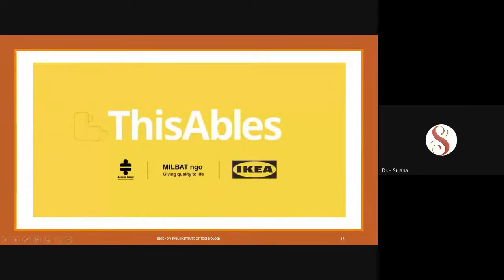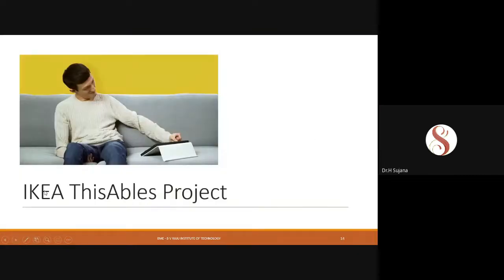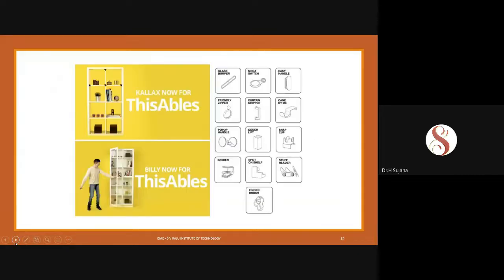Okay, so this is the Disables project by IKEA. They came up with 13 products which make life simple for differently abled people. As mentioned in the video, you can just go to the website, download the file for 3D printing, and even download the user guide for printing. And suppose there is some problem which is not addressed by these products, you can even tell them the problem, like, I want a product for this, or you can even offer a solution.